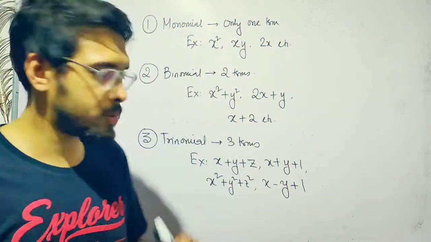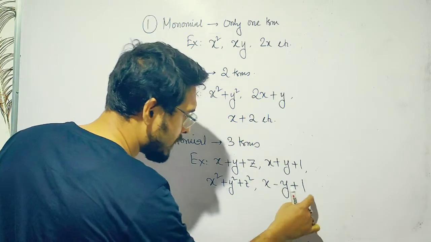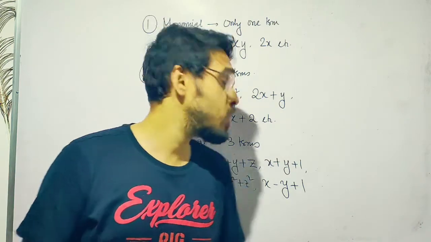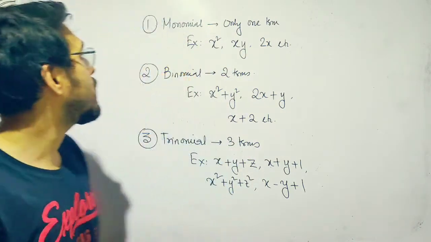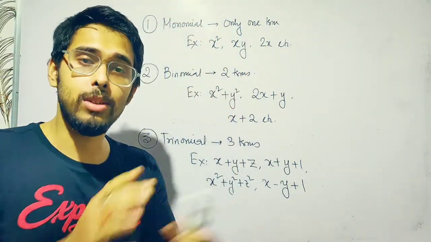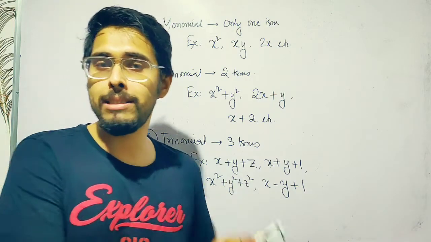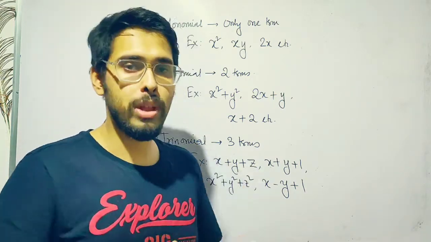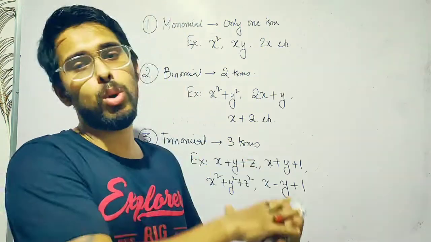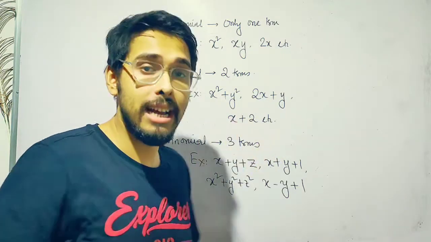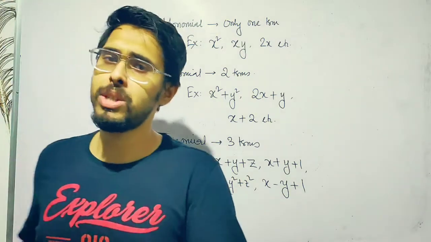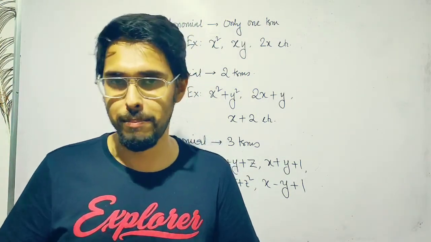That is for terms. So as you can see, three terms, one term, two term, three term, 1, 2, 3, 1, 2, 3, 1, 2, 3, all are three terms, and like this we can talk about this trinomial. So I hope all of them are clear to you. So that is for the number of terms. The other one is degree. Degree I've already told you in the last lecture. If you haven't gone through that, I'll again recommend you, please go through it. You will get the link in the description, and please go through that so that you can get the idea how the things are going on with the help of degree. Okay. So now let us do some questions to understand how this is done.